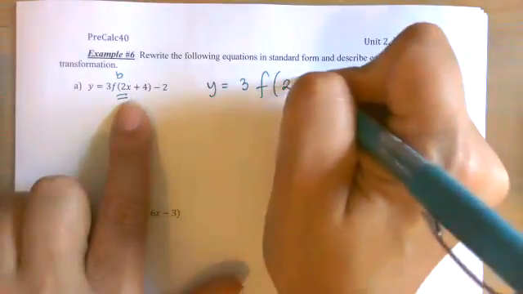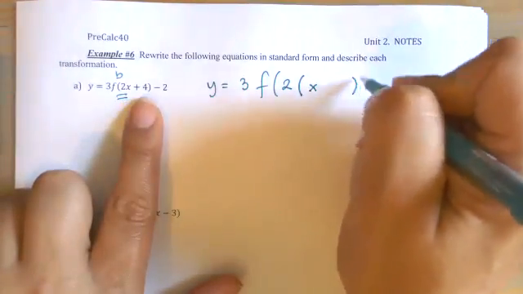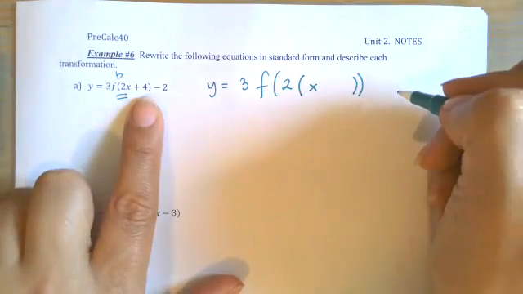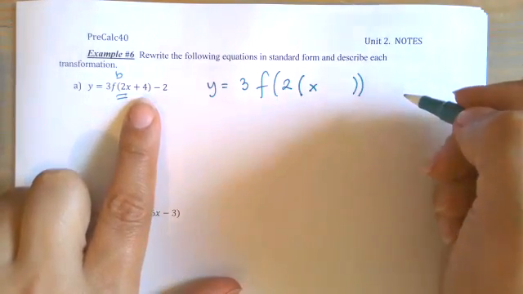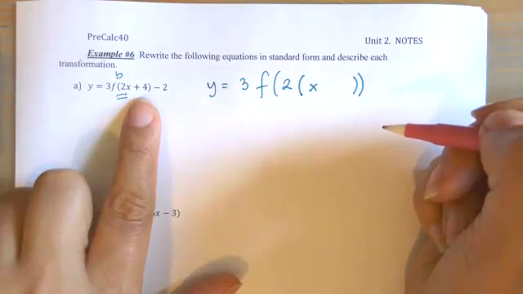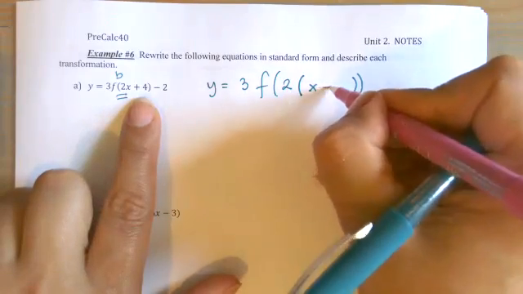So 2 bracket x. What's coming after x? Plus 4. Plus, not 4 anymore, because we factor out the 2 from the 4, but it is plus